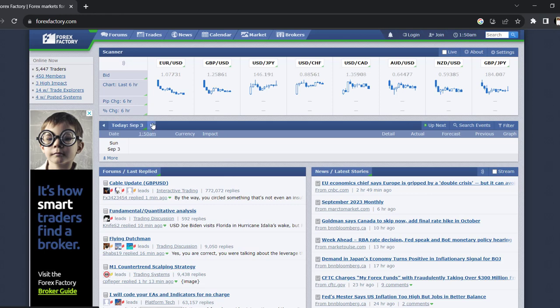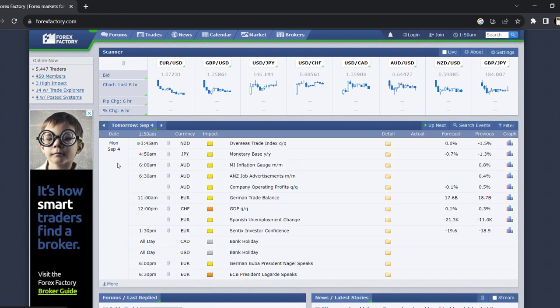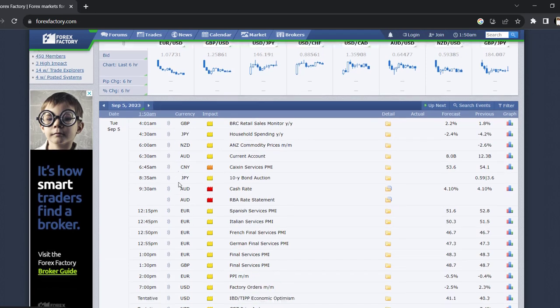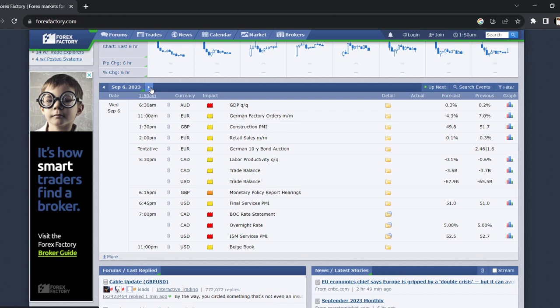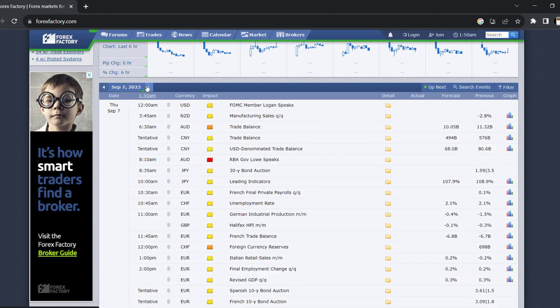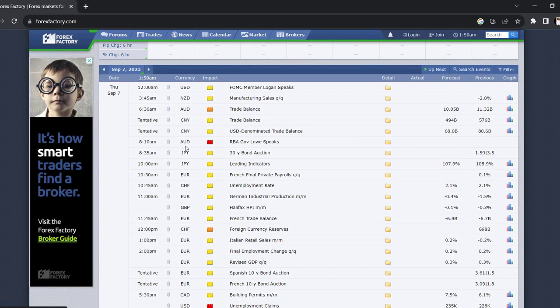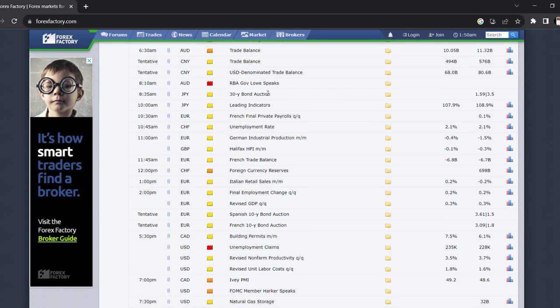If we talk about the fundamentals that we are going to face on Monday, September 4, we have a bank holiday for USD and Canadian dollar. After that, on Tuesday, September 5, we have some high impact news for the Australian dollar AUD. On Wednesday, September 6th, we have some high impact news for the AUD, USD, and the Canadian dollar as well. After that, on Thursday, September 7th, we are going to face AUD high impact news, and